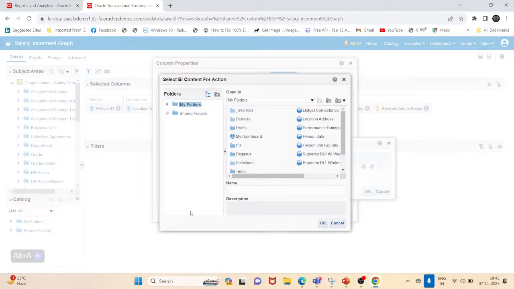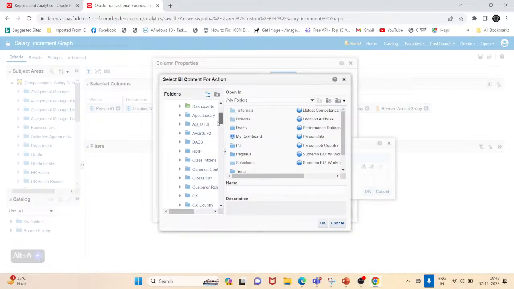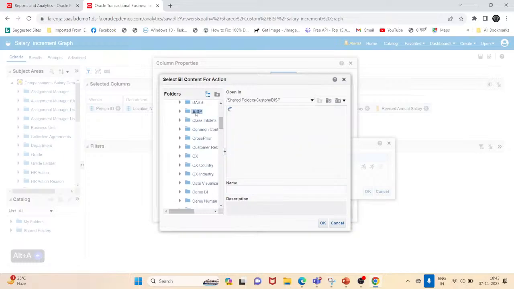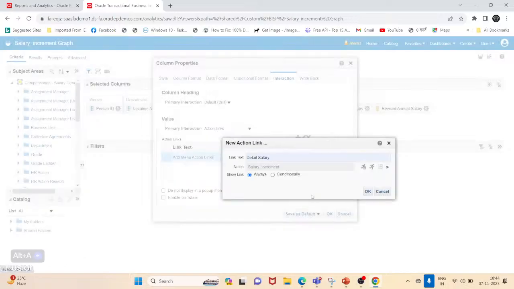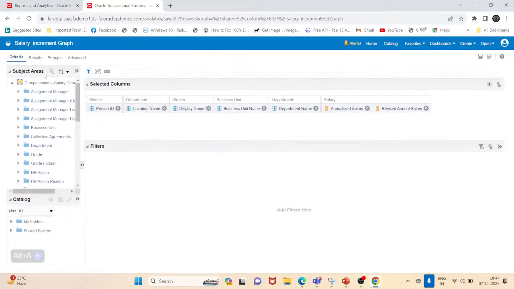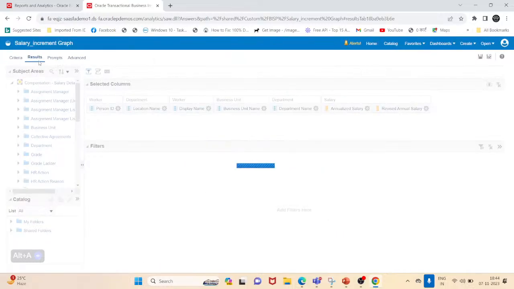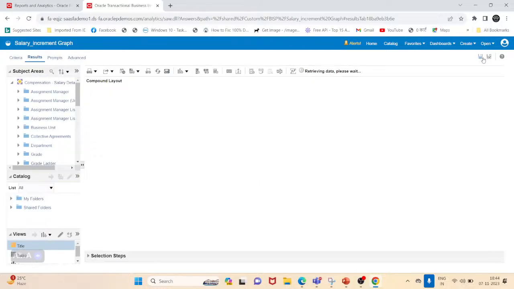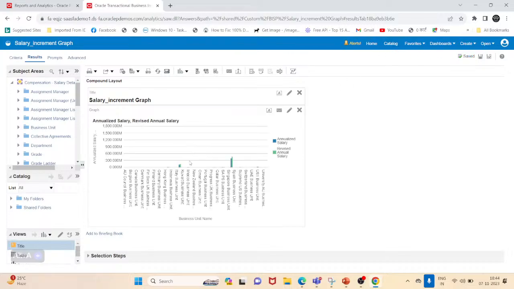Let's just navigate to our BISP folder, and then we are going to choose this salary increment. We'll click on OK, and let me save this analysis, and